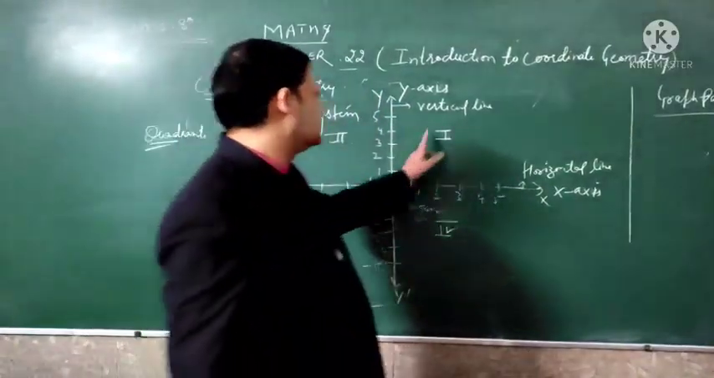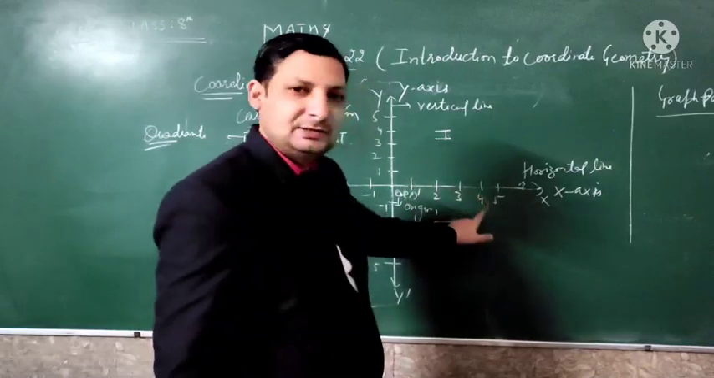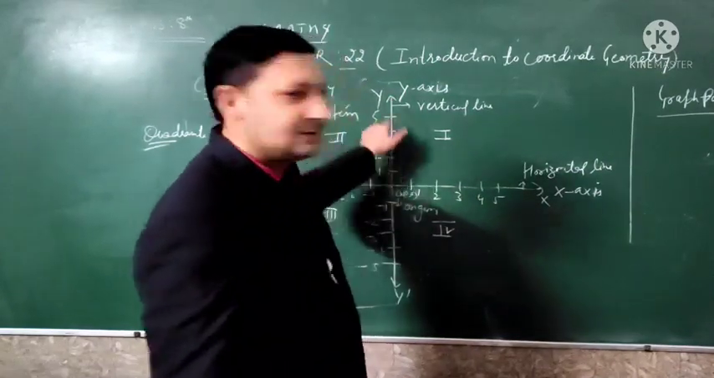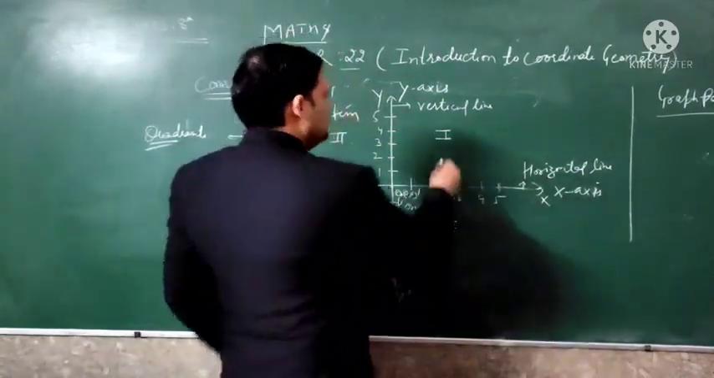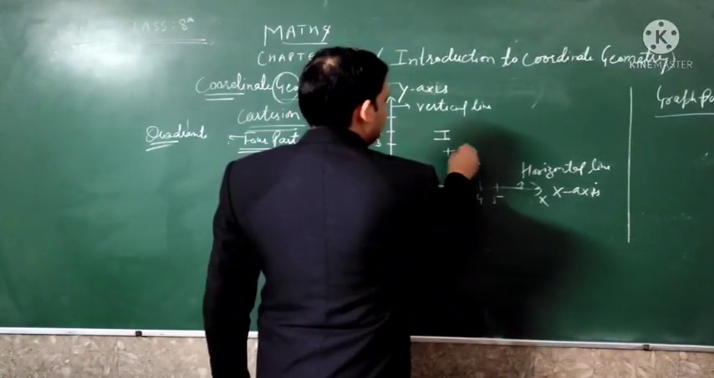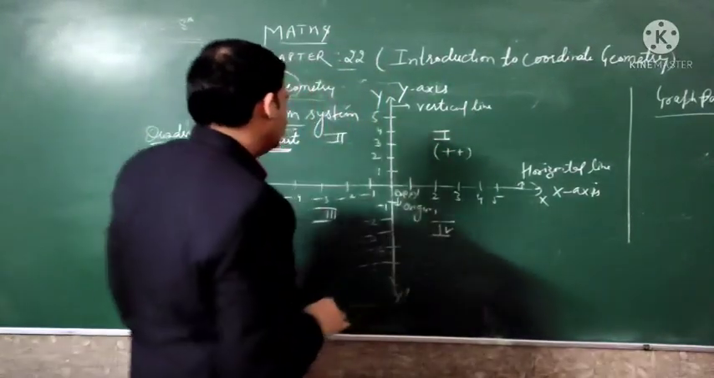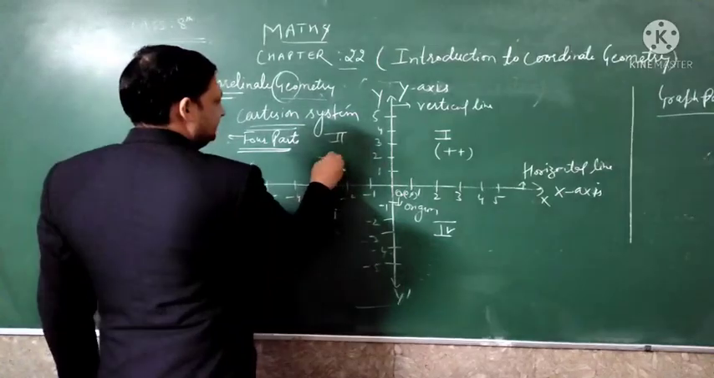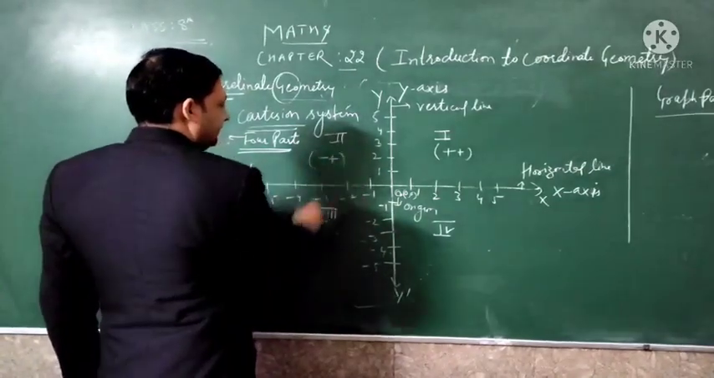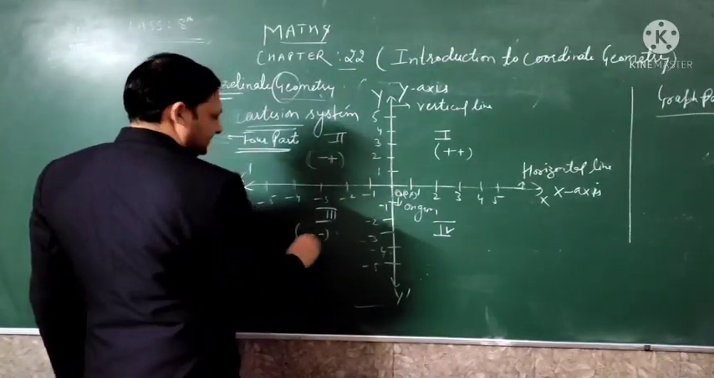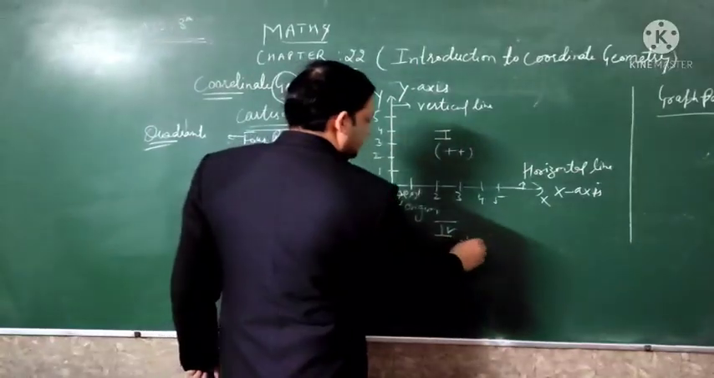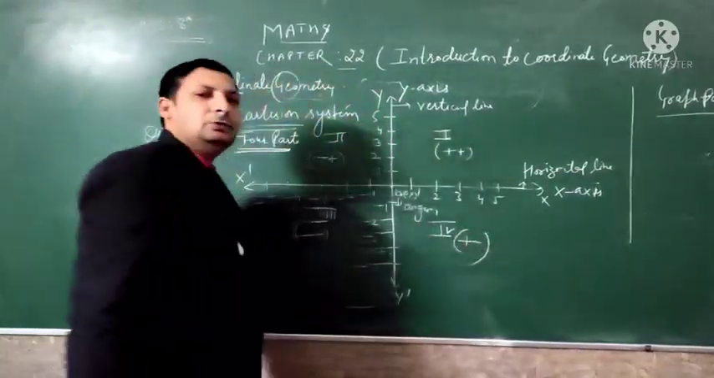When we talk about first quadrant, means positive x-axis, it lies between positive x-axis and y-axis, means both signs will be plus plus. And in the second, minus plus. And third quadrant, minus minus. And fourth will be plus minus. So it means